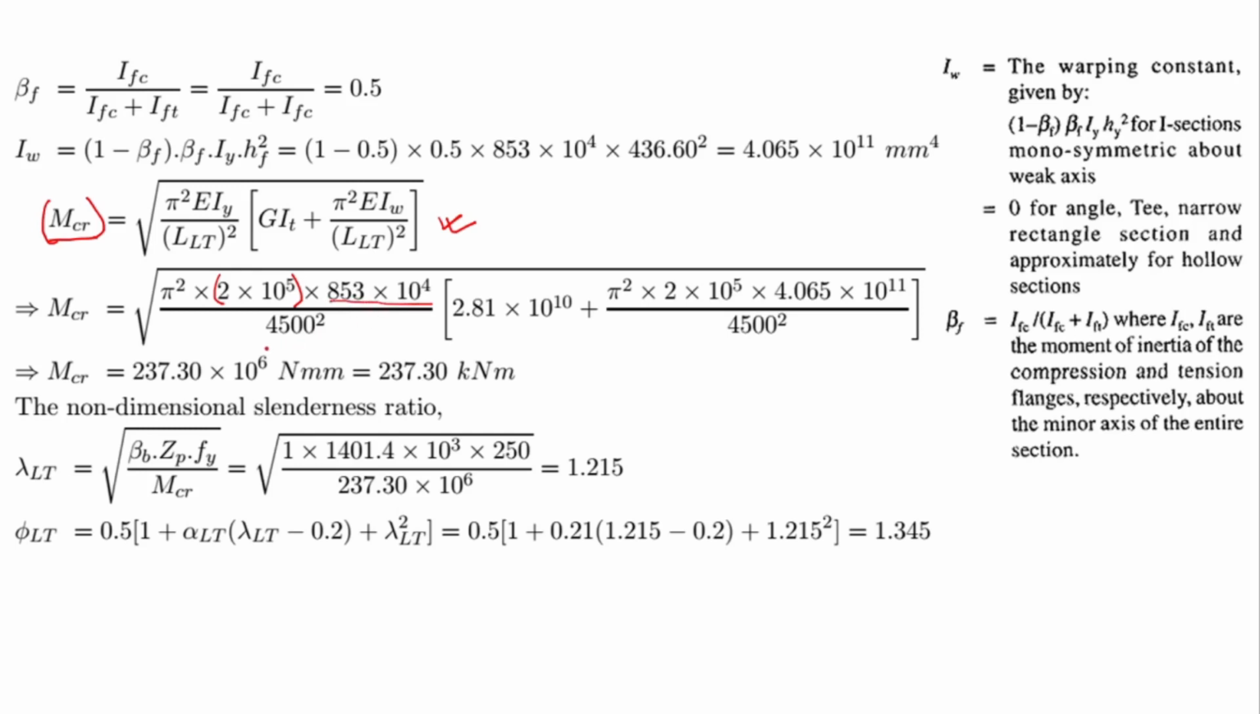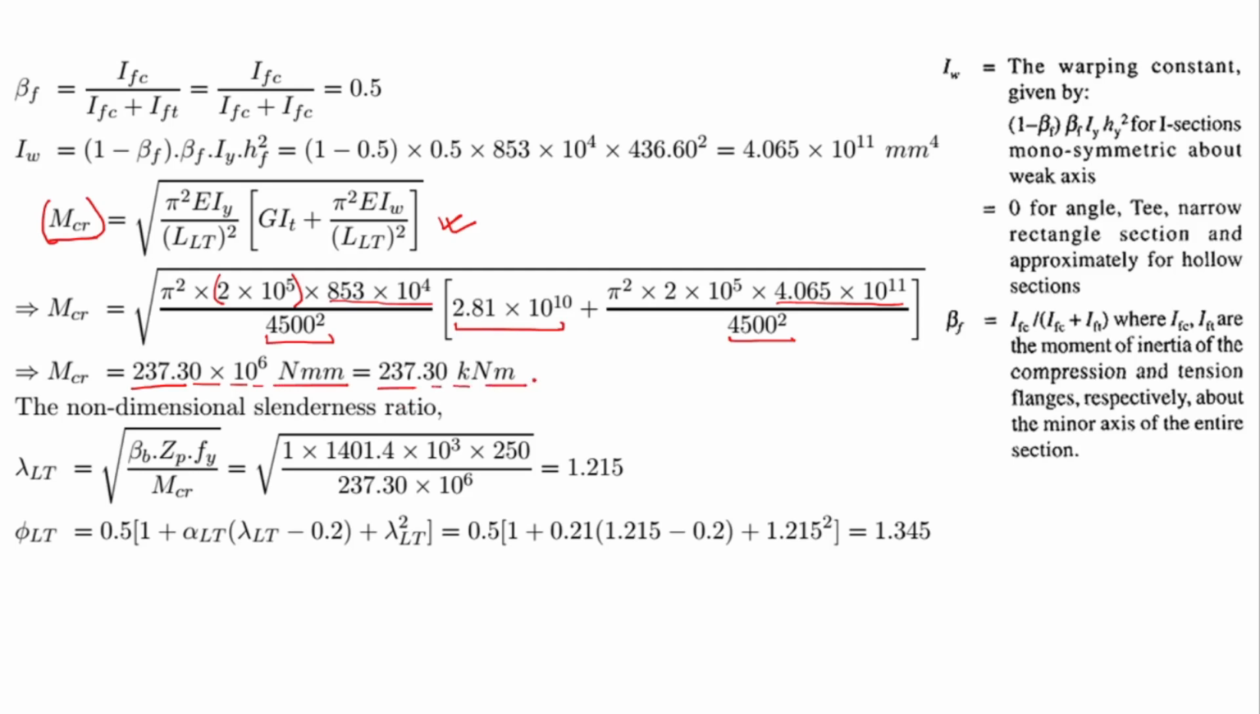Then LT, which is the effective span, is 4500 mm square. Then GT we have calculated. IW we have calculated as 4.065 into 10 to the power 11, and again LLT is 4500. After putting all these values and simplifying the calculation, we shall get MCR as 237.30 into 10 to the power 6 Newton mm, or 237.30